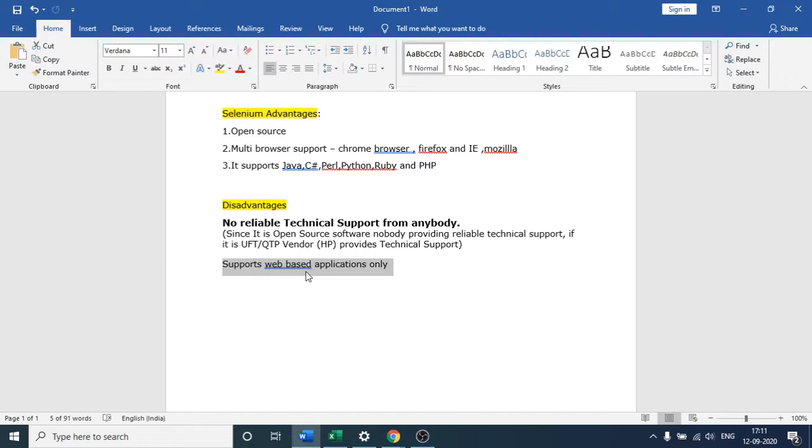Okay, so before we go into Selenium, let's discuss two more things. First, if you have to work with Selenium, you should have Java in your system. First of all, you should have Java installed, and the path of Java should be set in your system. This is one prerequisite.